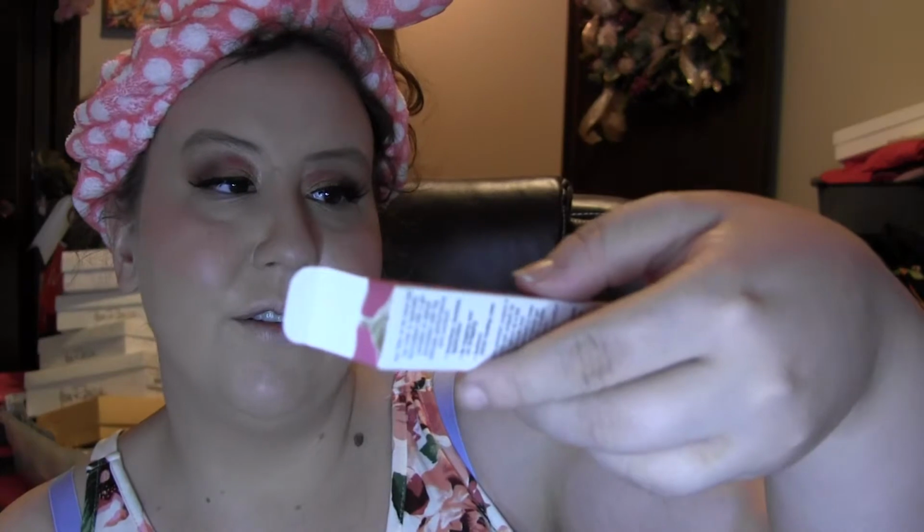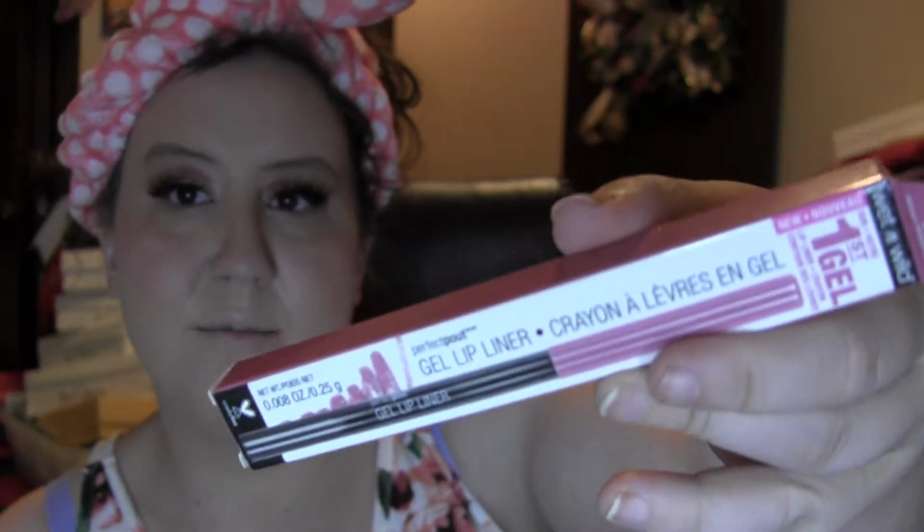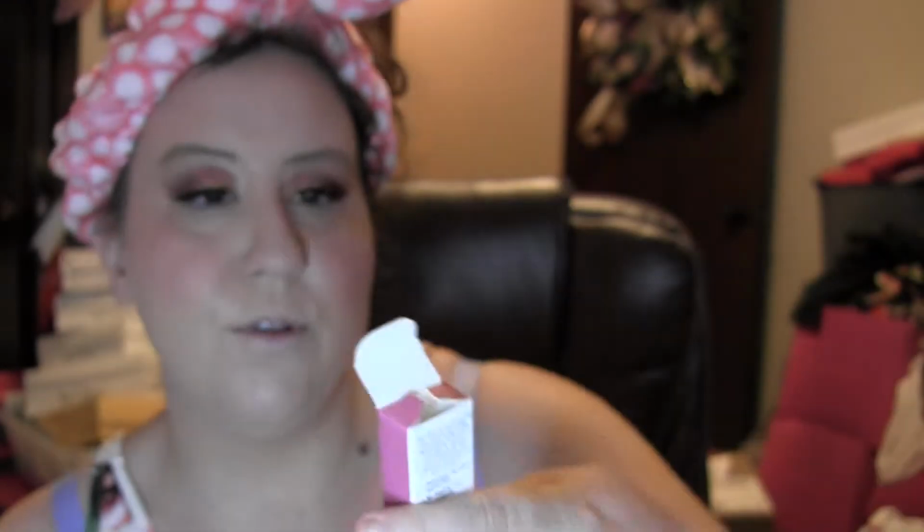So now we're going to follow up with the last product, which is a lip liner and a new lip product. And the lip liner I'm using is by Wet n Wild. I love these gel. They're the Wet n Wild Perfect Pout Gel Lip Liners. These are awesome. You can get these at Walmart, and they're like $2 or $3. And this one's in Never Petal Down. And basically it's kind of a pink shade because I'm going to go in with a rose,